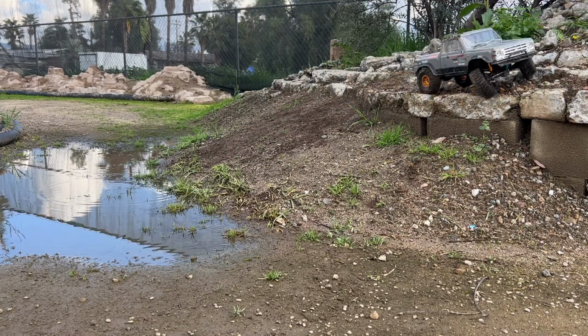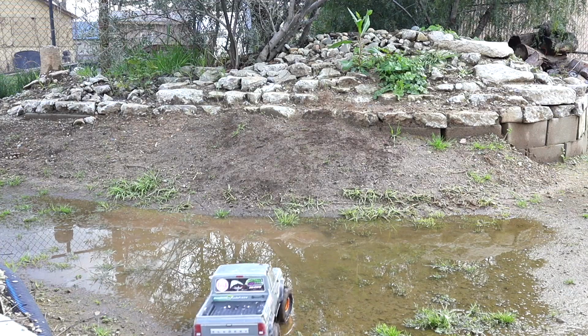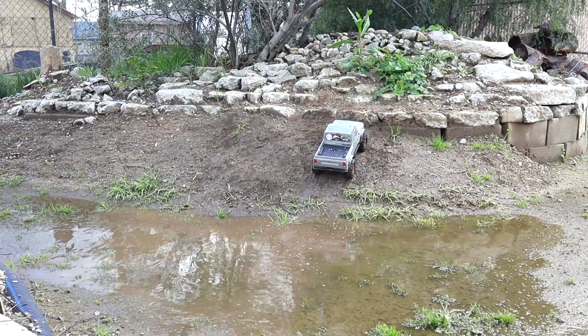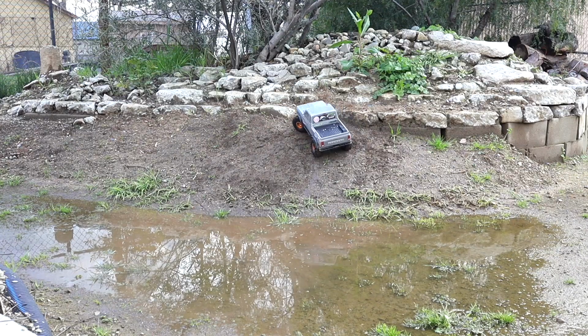I think it is a woefully imperfect tire. But I also know that there are folks out there that take these things out on trail runs and they drive like 5 kilometers in a day. This might not be a bad tire for that. In terms of rock crawling, I would